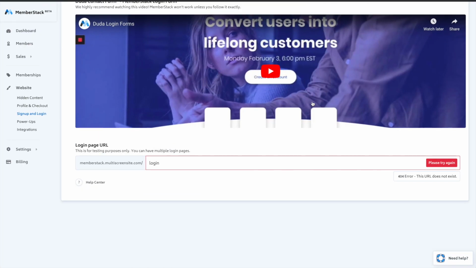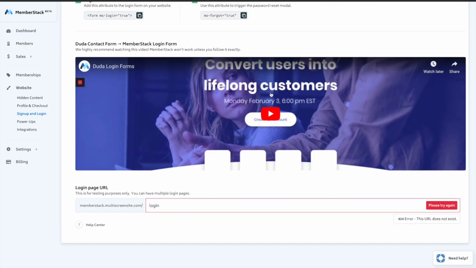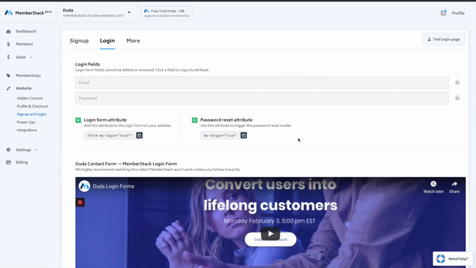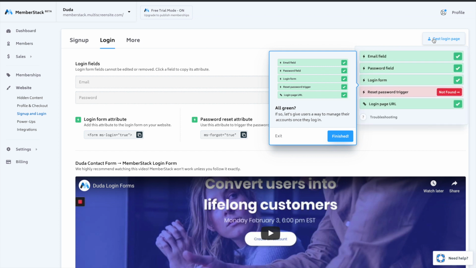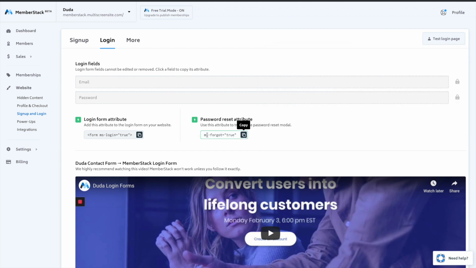Now, if you get stuck on any of this, you can rewatch this video, or you can watch this video here, which explains pretty much the same thing. So our login page was found. We're going to test this and see that everything except for the password reset trigger was set. And that trigger is right here. If we add this to a button, then it's going to launch a modal so users can reset their password. So I'm going to copy that,